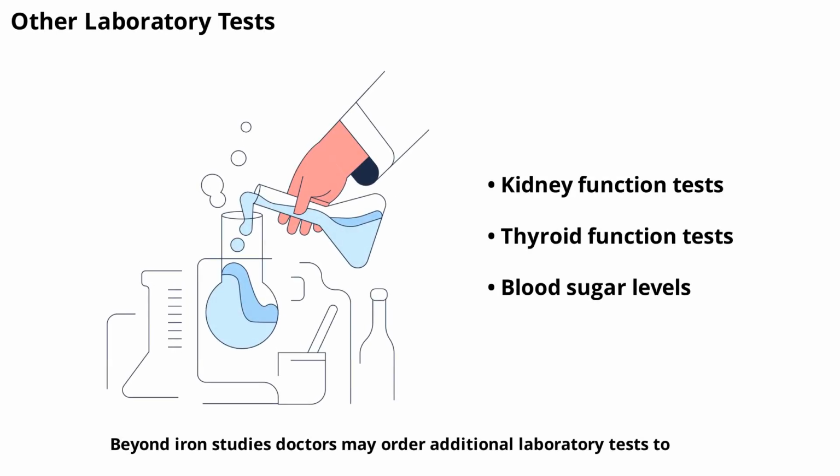Beyond iron studies, doctors may order additional laboratory tests to rule out other causes of leg discomfort. These can include kidney function tests, thyroid function tests, and blood sugar levels. The goal is to identify any metabolic or systemic issues that might mimic or worsen RLS. By systematically excluding other conditions, doctors can be more confident in their diagnosis and ensure that the patient receives the